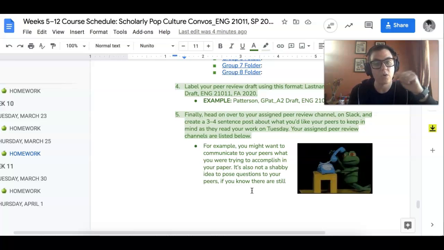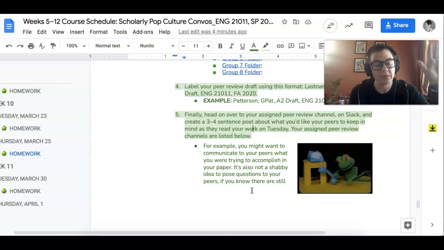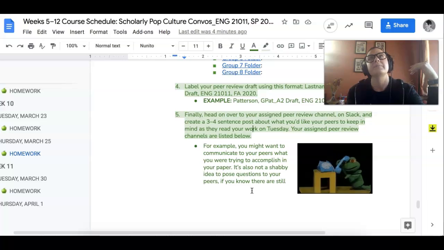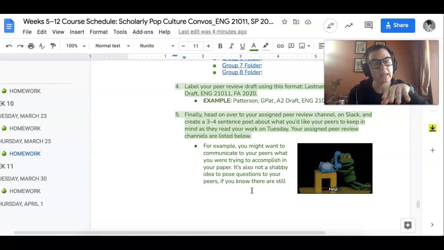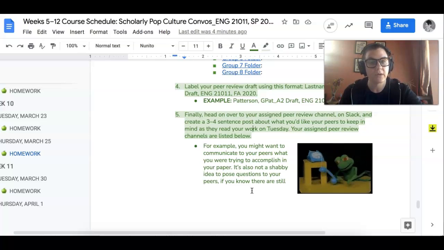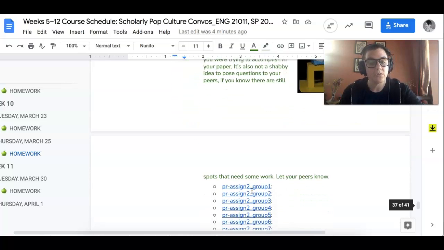And then the very last thing you're going to do, and we did this last time too, is head over to Slack after you've uploaded your paper to the folder and write a message to your peers and say, hey, here's how I think I'm doing in my paper, but really focus on very specific things that I have questions about, or hey, FYI, I know this is a problem. Because sometimes it really helps your peers save time if they know what you have questions about, or if you know that something is a problem. Or if you need specific feedback. So that's it,